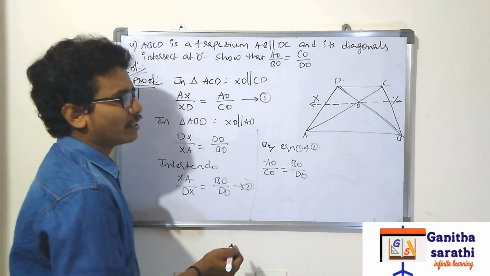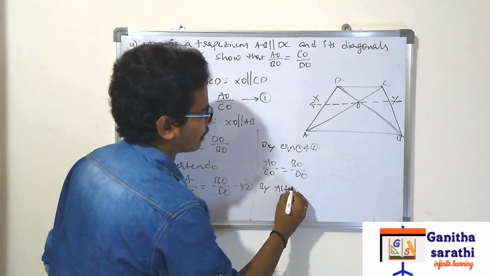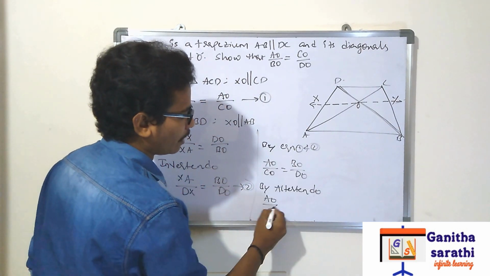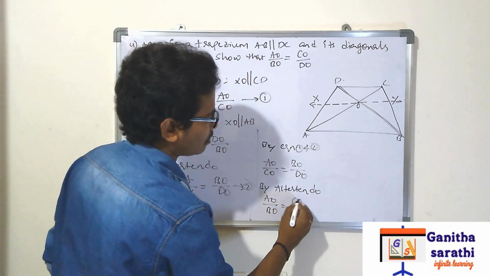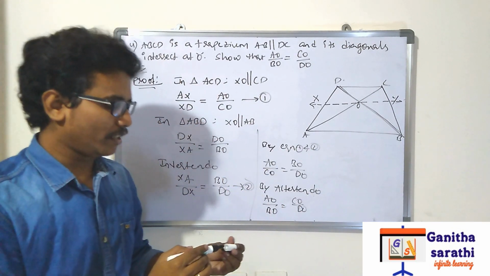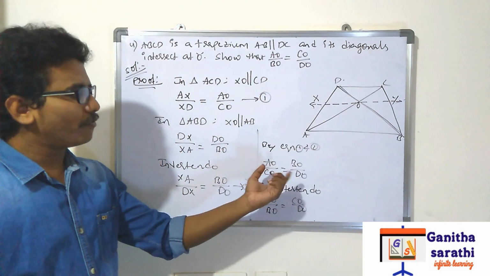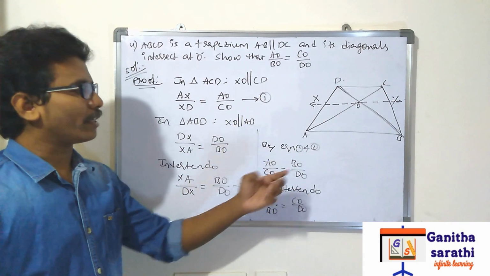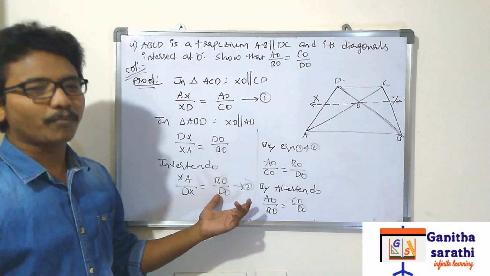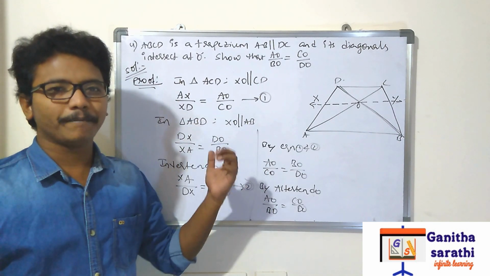In the previous problem I said by alternendo. You can take by alternendo. By alternendo, AO by BO will come here, equal to CO by DO, the opposite. According to the proof, we have to change it. In the other question, the proof will be up to here only. So these 3 kinds of problems are there. Remember carefully. These are very easy problems regarding trapezium. Now let us move on to the next problem.